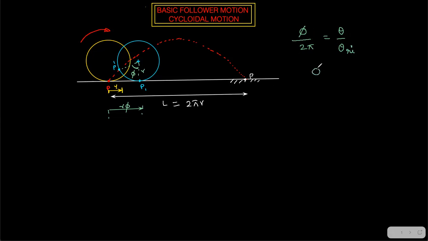So phi is equal to, I'm just writing beforehand so that later on we won't have any issues, phi equals 2 pi by theta ri into theta. You can check this equation for any value. You can substitute any value of theta. Substitute theta equal to 0, phi equal to 0; theta equal to theta ri, phi equal to 2 pi; theta equal to theta ri by 2. Yes, so what will happen? Phi equal to pi. It means only 180 degrees it is rotating. So L will be L by 2. So we can go further.